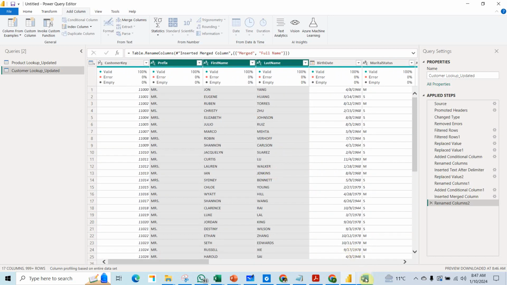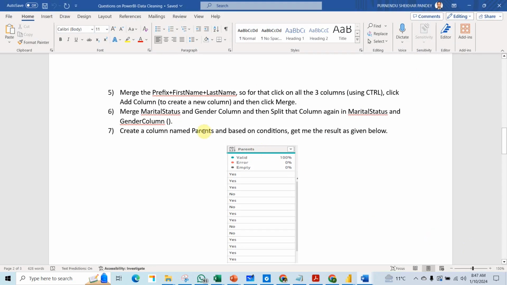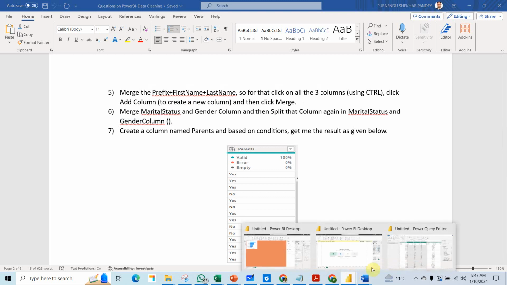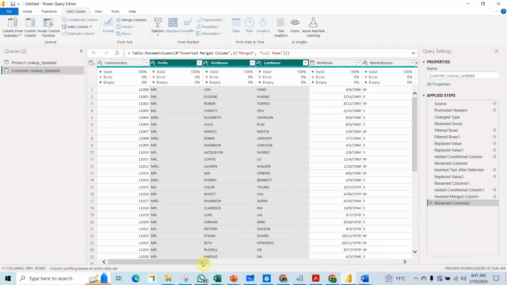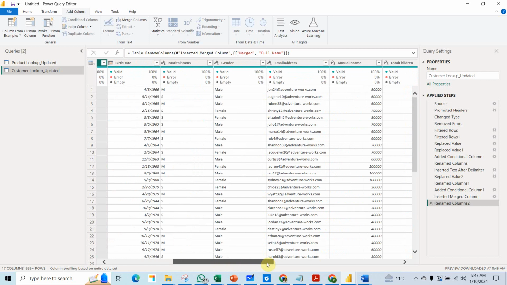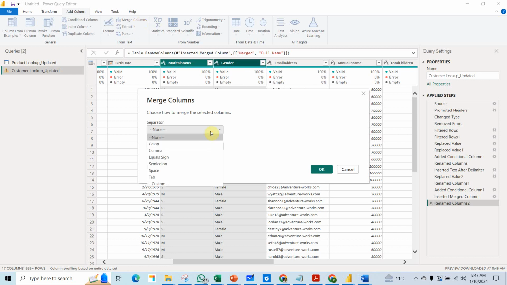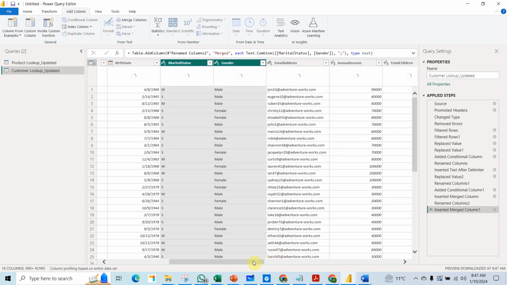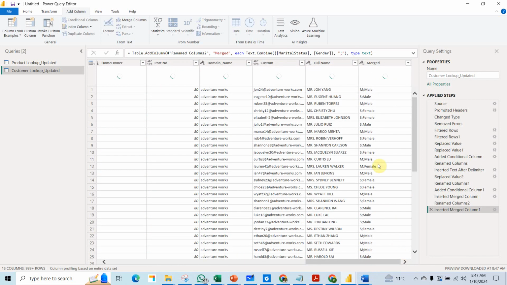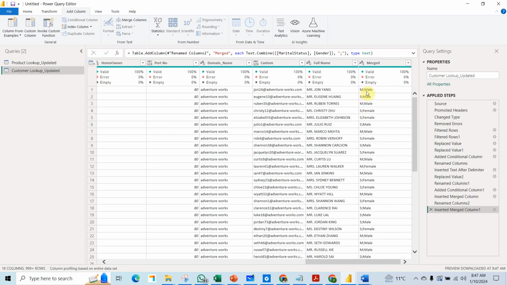So let's start with another set of questions. It says merge the marital status and gender columns. So let's go and merge marital status. I have selected the marital status and gender columns by pressing the Control key on my laptop, and then I'll merge it with, let me put a semicolon this time. If I merge it, you will find at the end that he is male, and